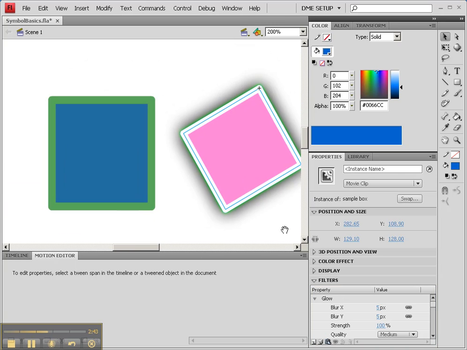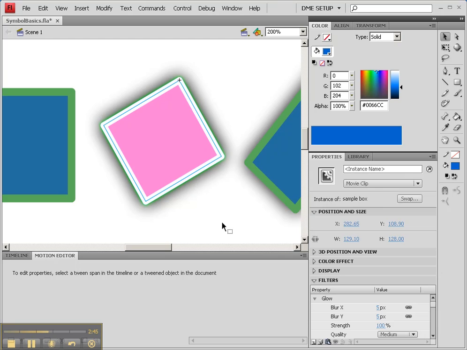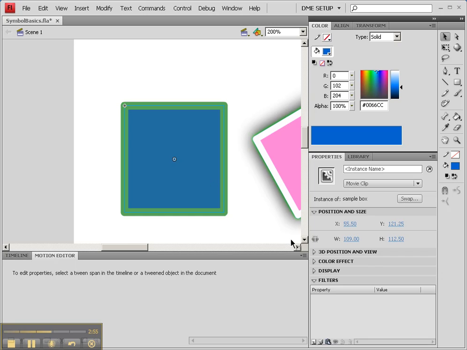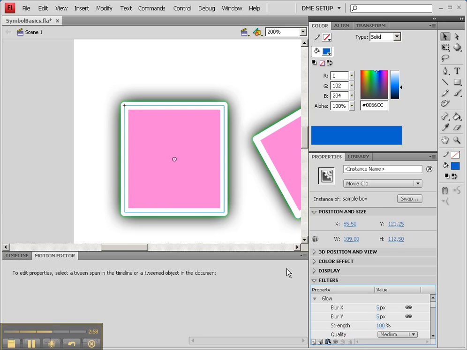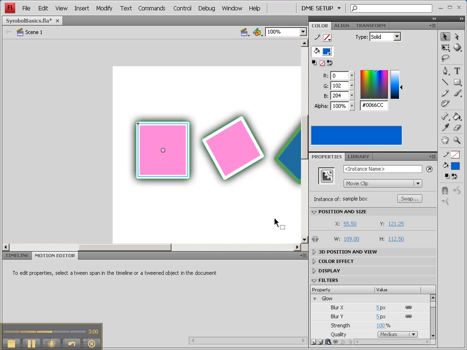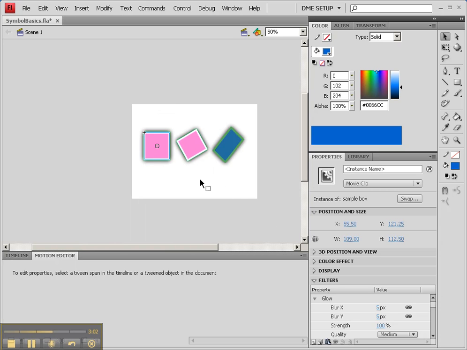Now, you can also copy and paste settings from one object to another. Select an object, go to the clipboard, choose Copy All, go to the next object or symbol, and choose Paste. And you'll see that we can paste those settings instead of having to use a preset. So it's pretty easy to move around your different filter effects and even create your own presets so that you have things like drop shadows or glows that you might use typically in certain files,